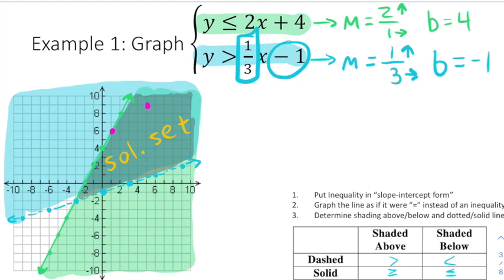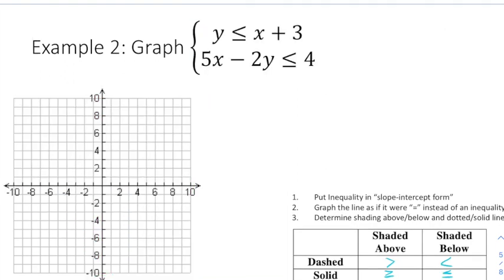That might be a little bit confusing for some of you, but the biggest thing to focus on is knowing that this area right here is considered the solution set. Now a problem like example 2 is pretty much the same, but might have a little bit more work that needs to be done. For the first inequality, which I again will call my green inequality, it's already in slope-intercept